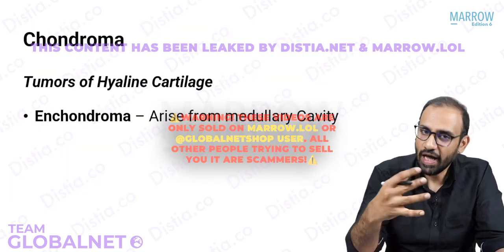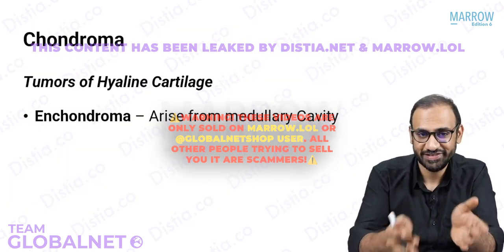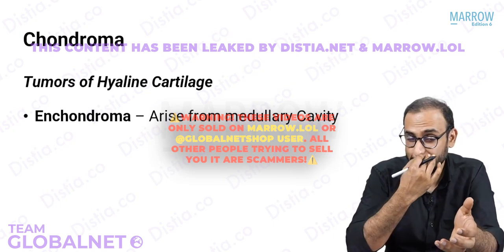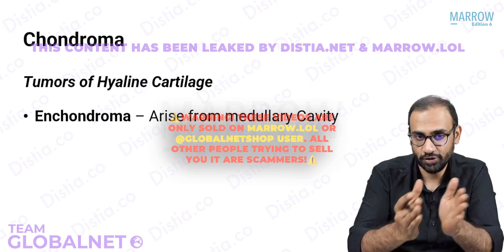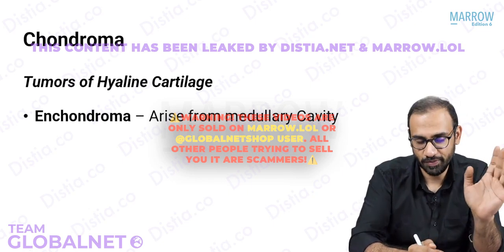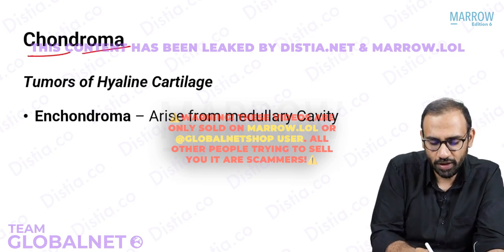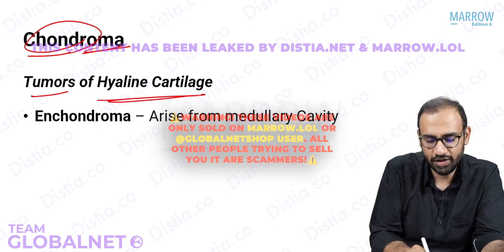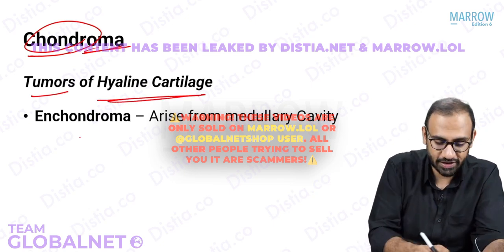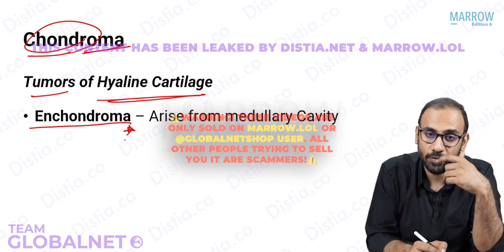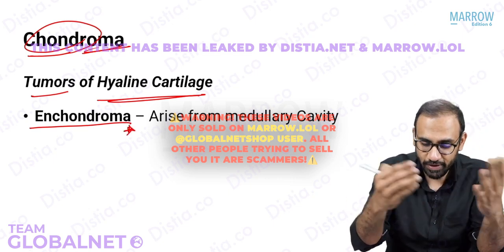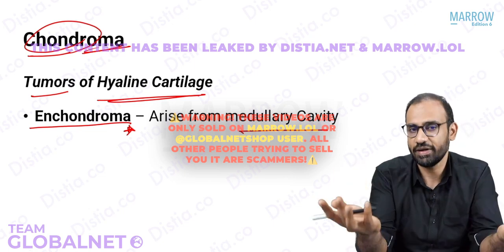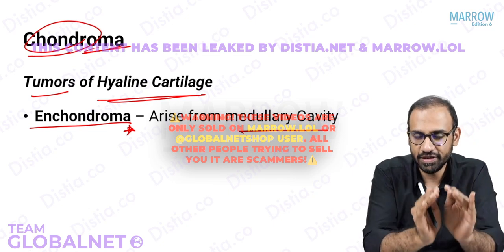Now let's start with the actual tumors based on the cell of origin. Chondrocytes, then osteoblasts, then osteoclasts. In chondrocytes, the tumors I told you we will talk about are enchondroma and chondroblastoma. Malignant will be chondrosarcoma. So let's see what is chondroma. Chondro means cartilage, oma, swelling. So these are the tumors of the hyaline cartilage. There are many types, but we are more interested in enchondroma. What is enchondroma? It is a chondroma arising from the medullary cavity. Ecchondroma will be a cartilaginous tumor arising from the periphery, outside. But we are interested in enchondroma.